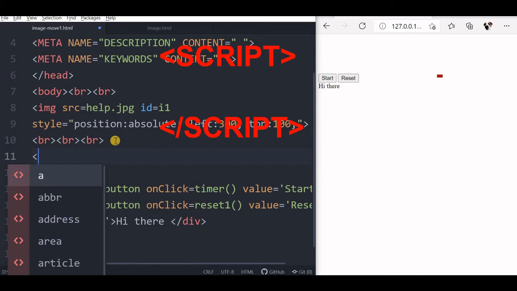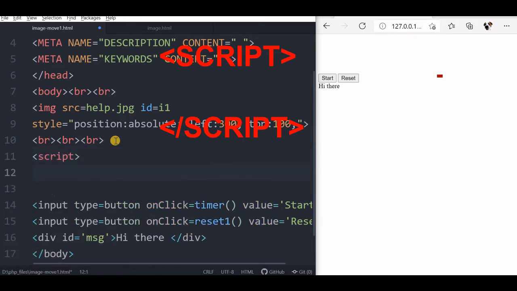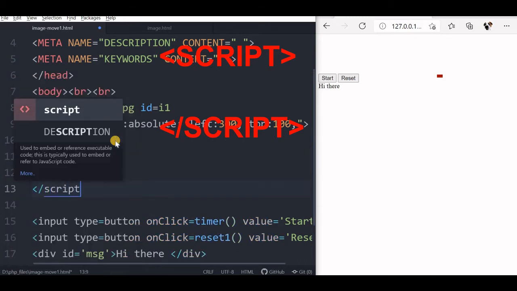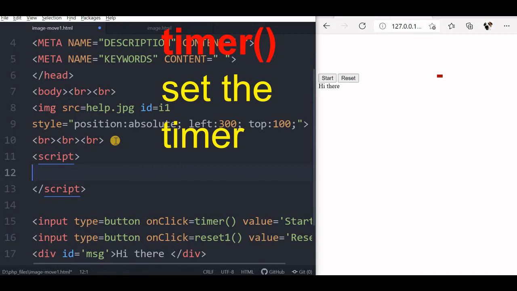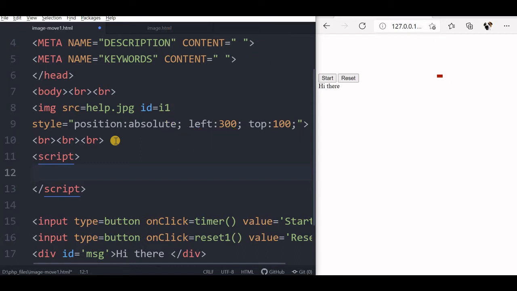We'll start with our script tag. First I will close this. Inside that we'll start our JavaScript. We'll divide this into 3 parts. First, part 1, we'll understand how to start the timer, because it's a continuous motion of the image that you will be placing every time based on the step we give. So it will be moving either left or right, up or down, whatever it is. It's a continuous movement, so we'll be using a timer.